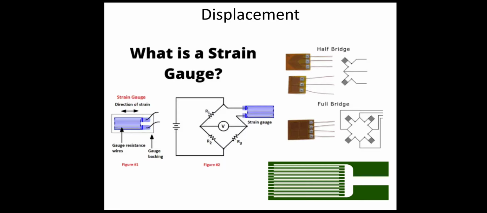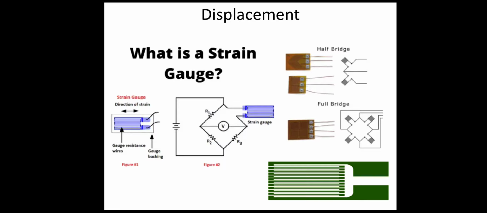So this deformation of the sensing material causes it to undergo a change in resistance. This resistance change of the strain gauge is usually converted into voltage by connecting one, two or four similar gauges as arms of a Wheatstone bridge, which we can also call the strain gauge bridge, and applying excitation to the bridge. The bridge output voltage is then measured, which senses the strain of the strain gauge.